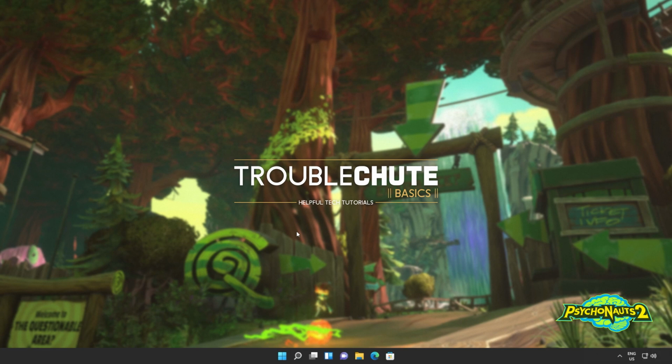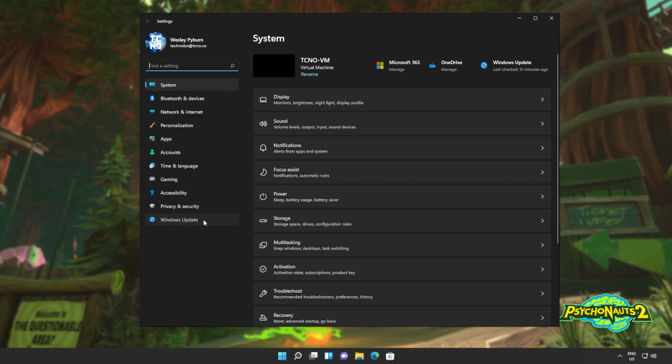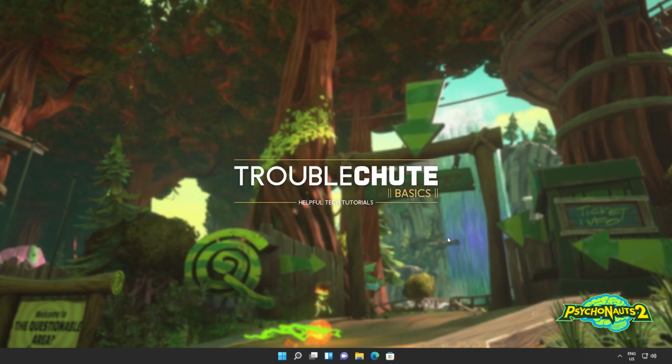So if you haven't already, update your graphics card drivers, which may help or may not help. It's always a good idea to do. And of course, Windows. Hit Start, open up Settings, head across to Windows Update, and simply click Check for Updates. If you see any optional updates, you can install them. After updating Windows, if things still aren't working, it's a good idea to scan your system to make sure nothing's gone wrong. Hit Start,